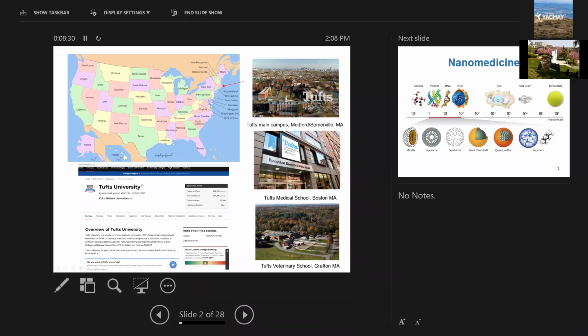So Tufts University is in Massachusetts. So Massachusetts is a very small